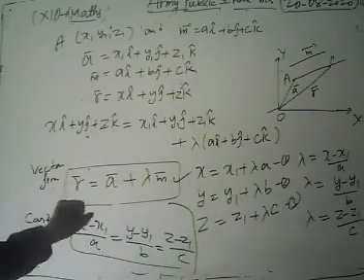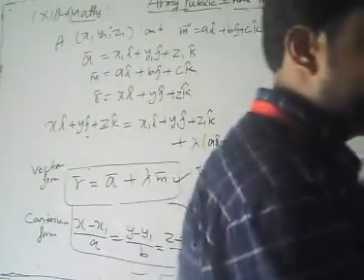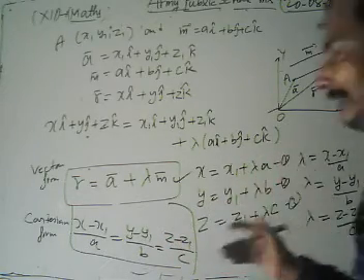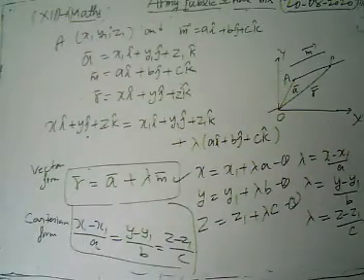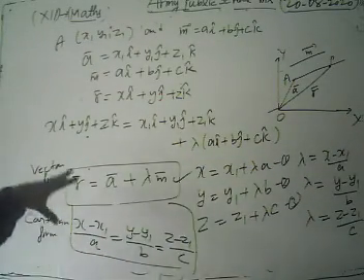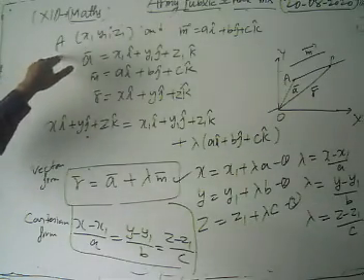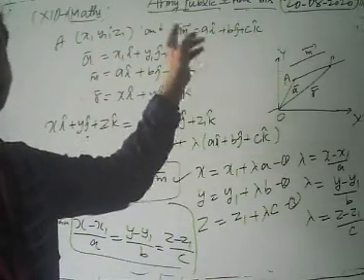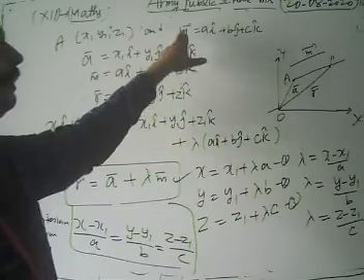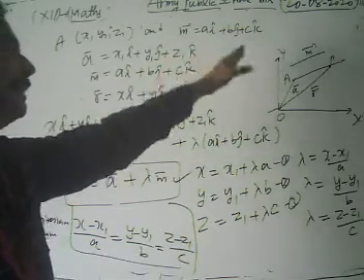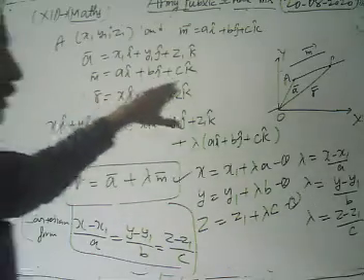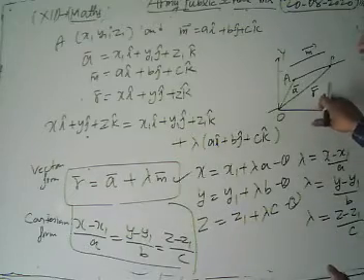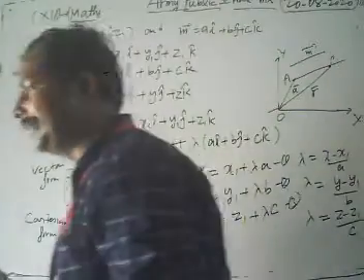After getting the vector form, we are going to derive the Cartesian form of the equation of a straight line from the vector form. Since the coordinates of the fixed point are x1, y1, z1, and if a, b, c are the direction ratios of our parallel line M, then vector M is a i cap plus b j cap plus c k cap. The position vector of point P is x i cap plus y j cap plus z k cap.